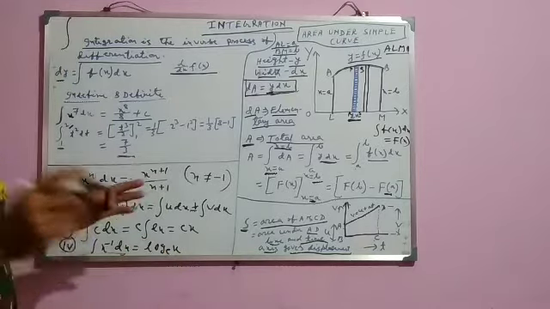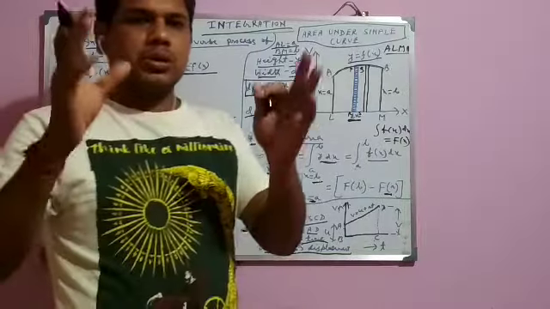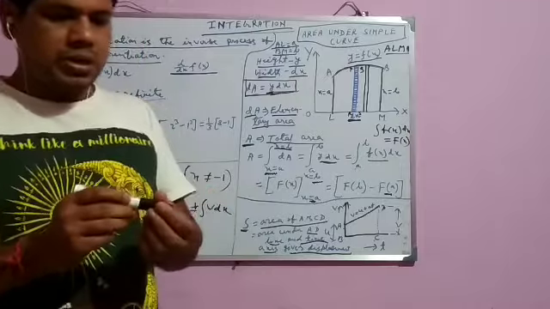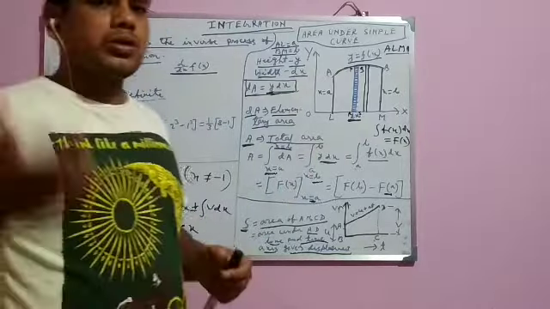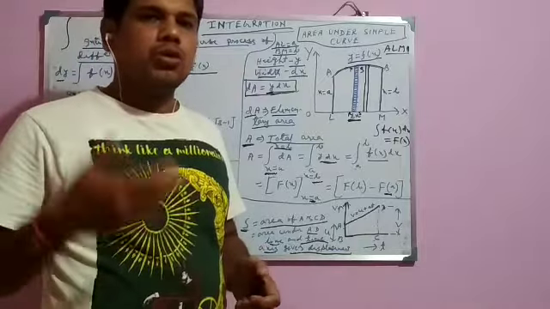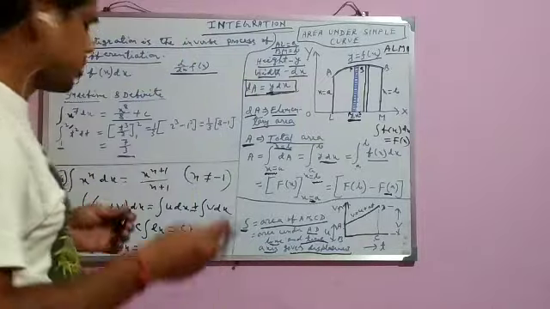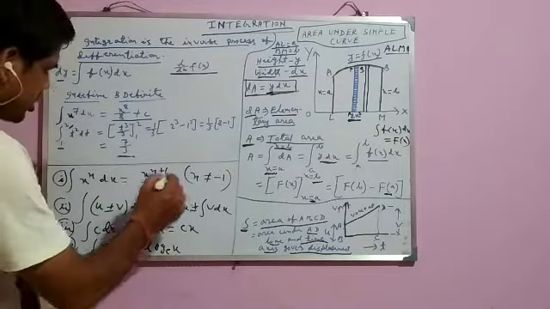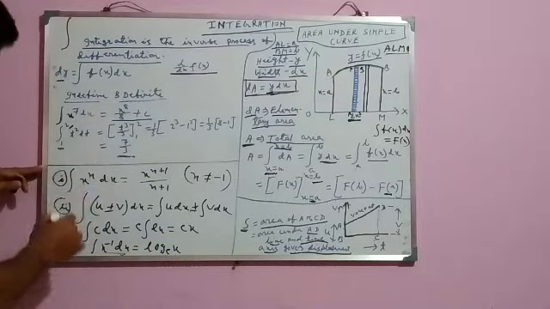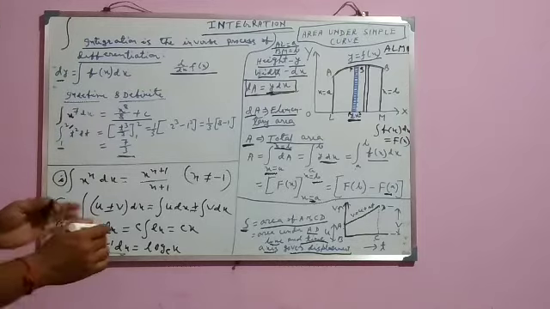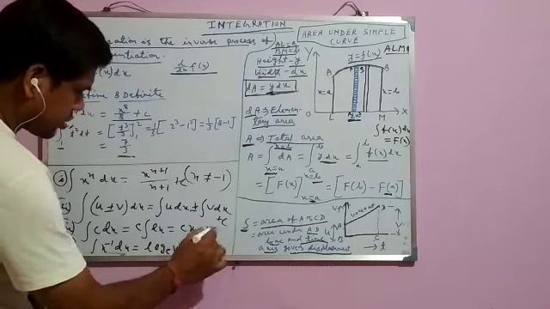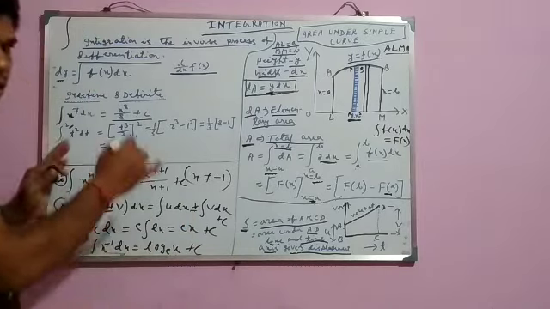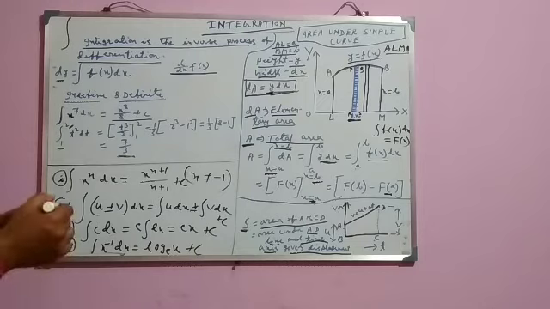There are many more formulas, but as you are beginners, just go through these 4 formulas first. Then I will introduce 4 more in a later class, whenever they are required. Here you see there is no limit, so all are indefinite integrals. So we have to put c here everywhere, after doing the integration, because these are all indefinite integrals. So you just go through all these things.